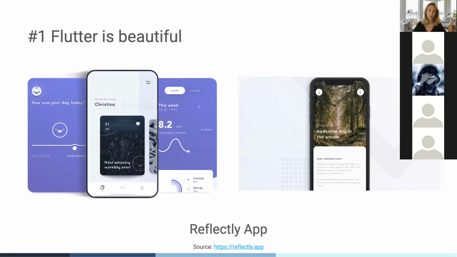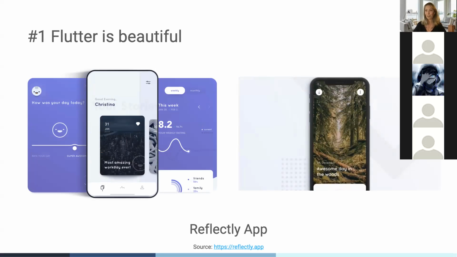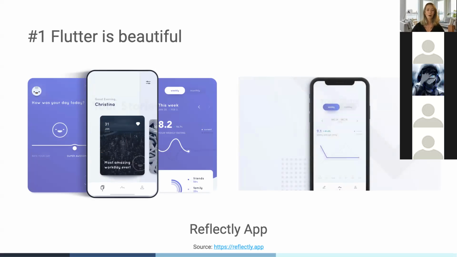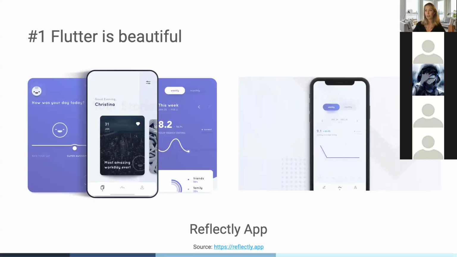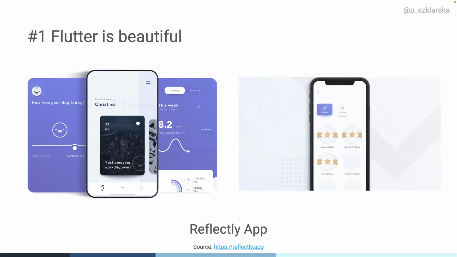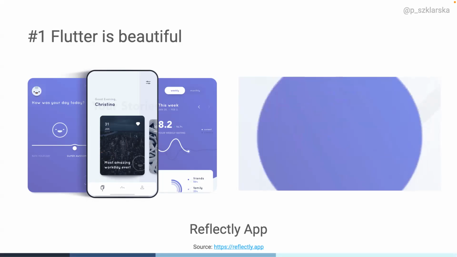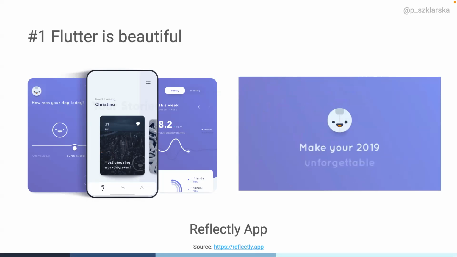And as you can see, obviously this app has a really nice UI, but this UI is very custom. So you don't really see many components that you know from other apps, like native Android or native iOS apps. Instead, you have a lot of custom controls. And this is something that is very easily achievable with Flutter, and that is a good benefit of Flutter. So you can create a lot of nice animations, a lot of nice UI components.